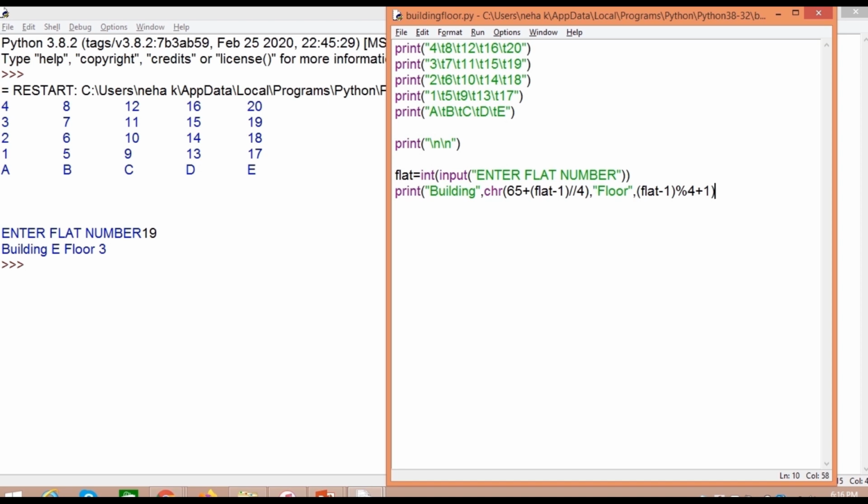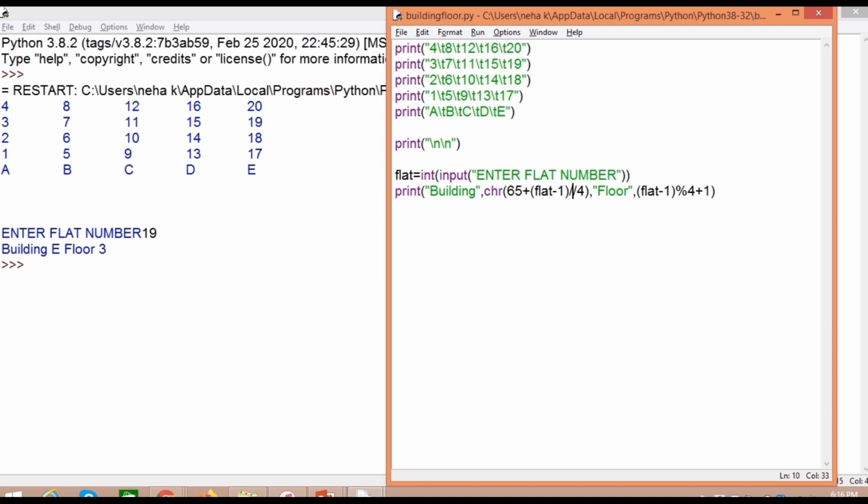In this one line, I have simply used only arithmetic operators to get the answer. The first 5 print statements display the names of the buildings and their flat numbers. Then I ask the user to input the flat number, and using the modulus and the division operator, I perform this calculation to get the desired output. Now let's first understand how I got the correct building.